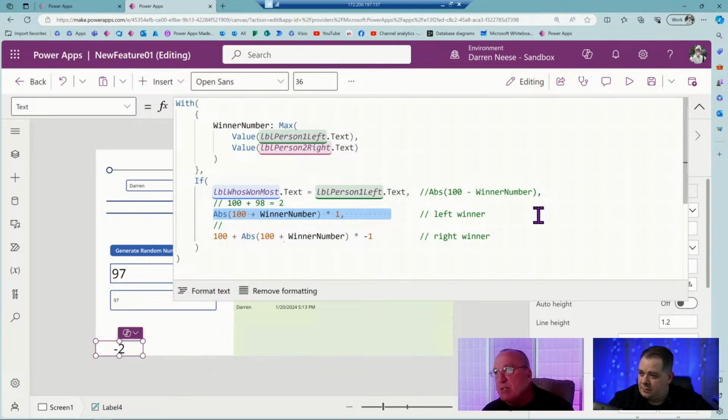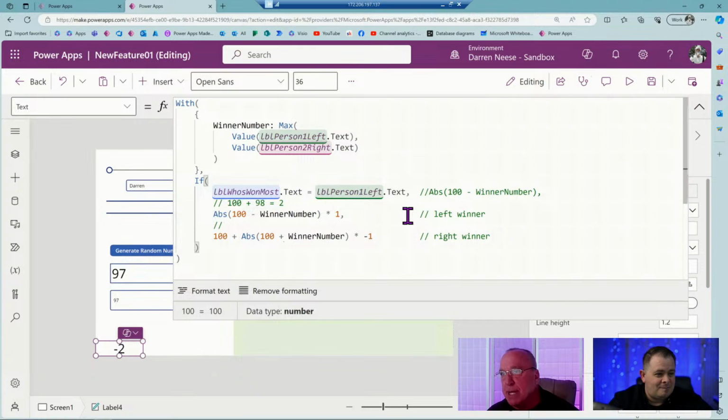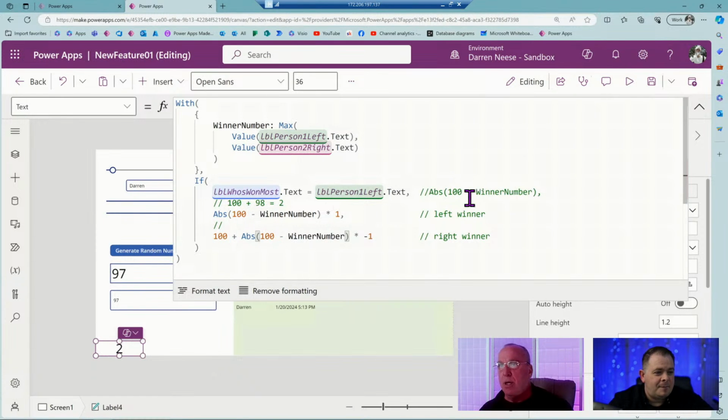That 100 minus winning number, that's what I want right there. I want that to be a 100 minus winning number. Okay, you want a minus here. Yes. That's what we started with. Somehow you turned that into a plus on me. I didn't know. Okay, now the one below that is going to be the same thing, 100 minus winning number. Okay. Now, if I look at that code, 100 minus the winning number, that's going to be 2. That should be 98. That should be right.